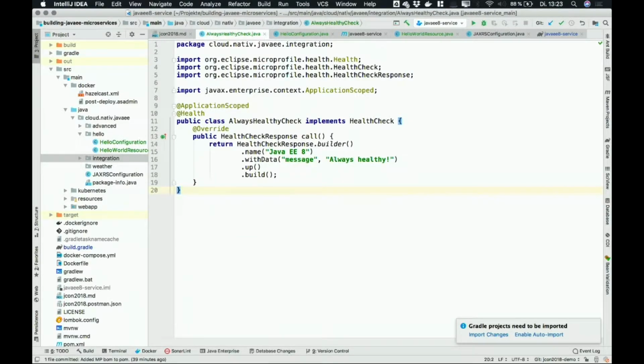In reality, be careful in here. So I advise you not to do long blocking stuff in here, because then your health checks take quite a long time. And for the cluster operating system you're going to have later on, it's kind of important that this thing fires really quickly, because you want to query it quite often. So what you would usually do in a Kubernetes, for example, you would then have the health endpoint, which I'm going to show you in a minute,